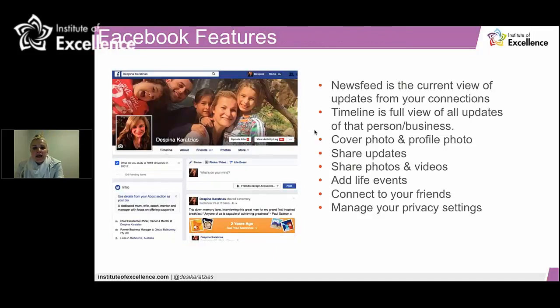So let's look at Facebook features. Here, this is what a personal profile looks like. This is the person, with my little people. The news feed is the current view of updates from a connection. The timeline is the full view of all updates. Cover photo, profile photo.